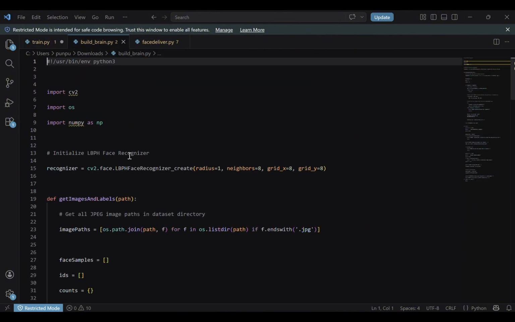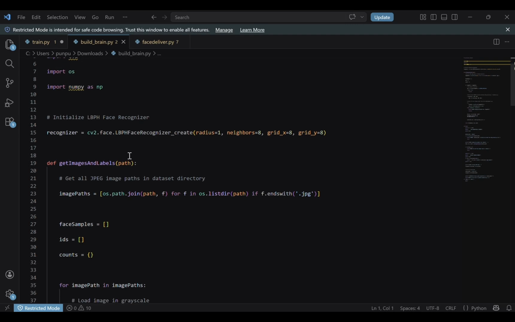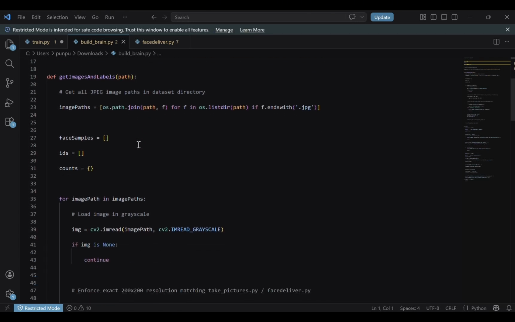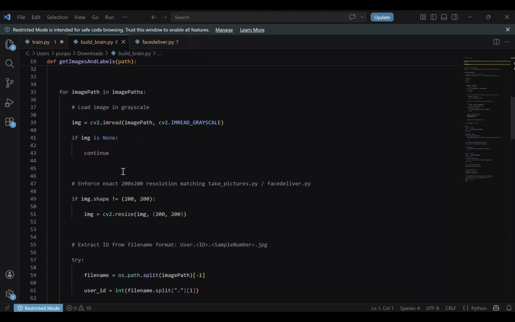So next is the buildbrain.py code, which is a model training code which trains the machine to learn the model from the collected images. How it works is that it will load all the pictures from the dataset and resize them to 200 by 200 pixels like this,